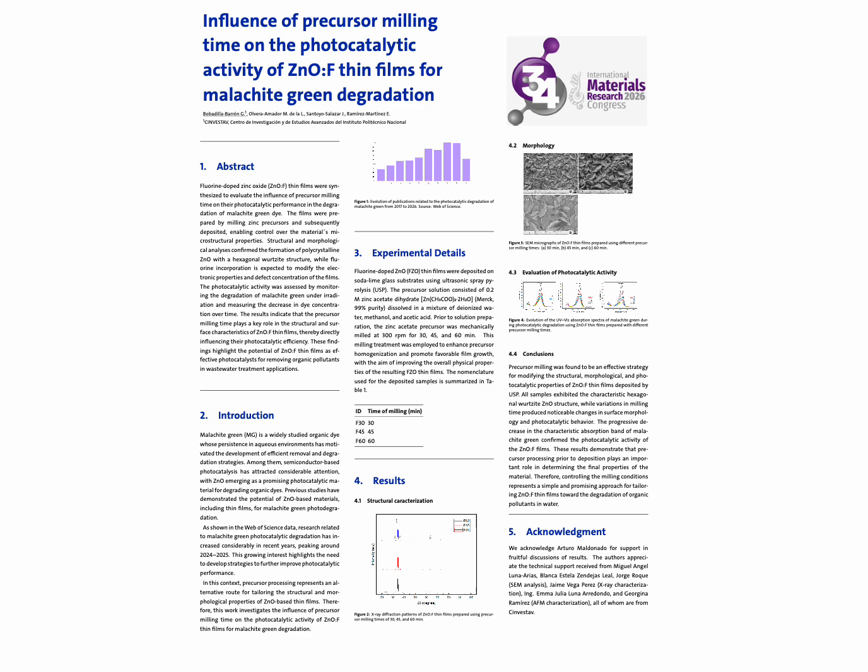First, regarding the structural properties, X-ray diffraction confirmed that all the samples exhibit the characteristic hexagonal wurtzite structure of ZnO. This is important because it shows that changing the precursor milling time modifies the material without changing the fundamental crystal phase of ZnO. However, when we look at the SEM images, we can observe changes in the surface morphology as the precursor milling time changes.